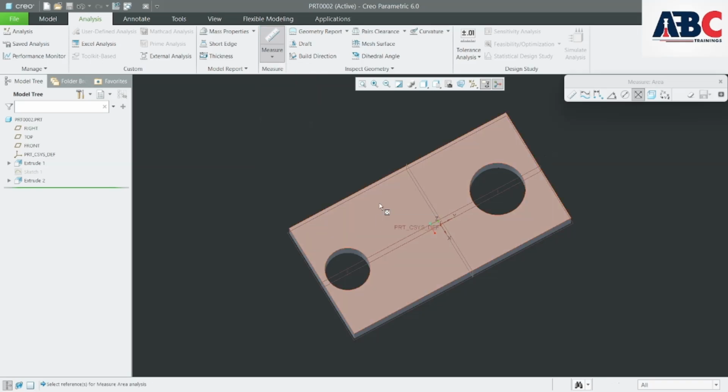See, I have clicked on area, I clicked on this, it has given me the area in inch square because we have set it in inch, right? Diameter, I want this circle's diameter, see it's giving us wherever we are selecting. So these are the measuring tools in this. Okay,